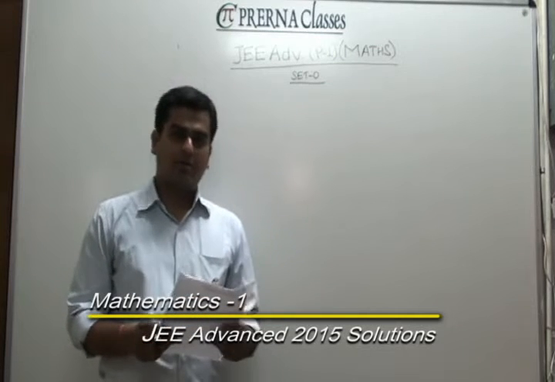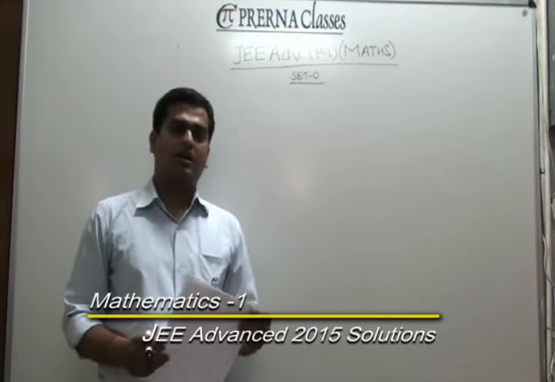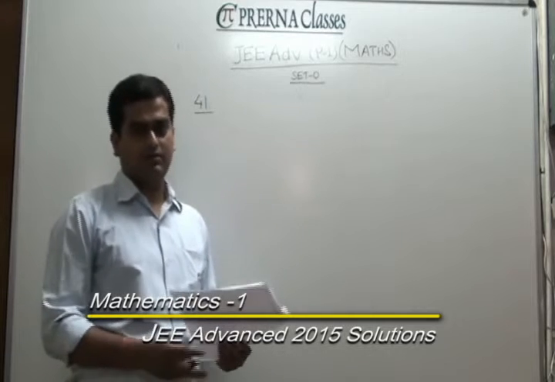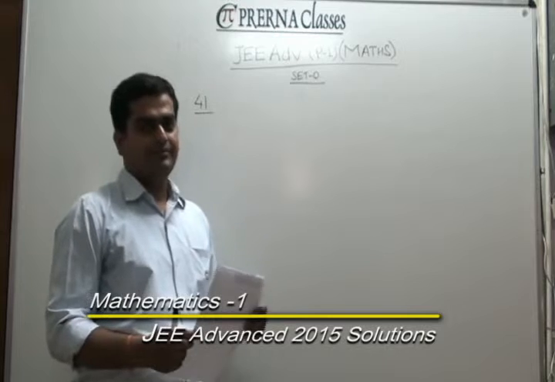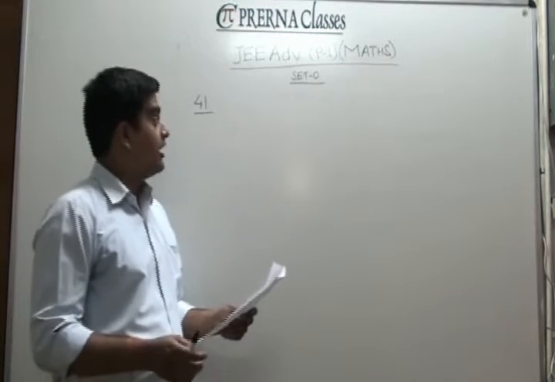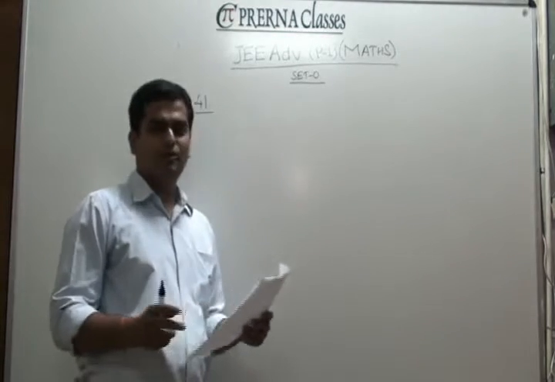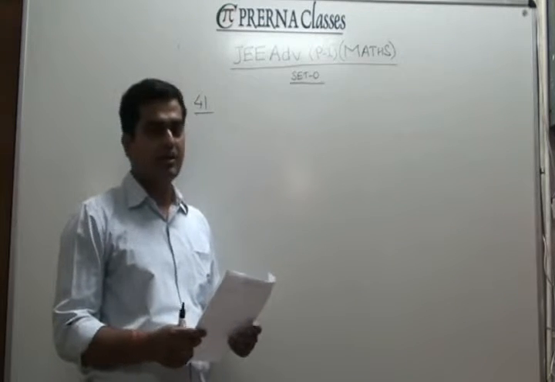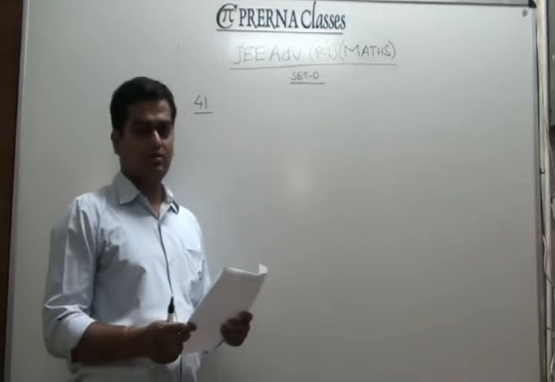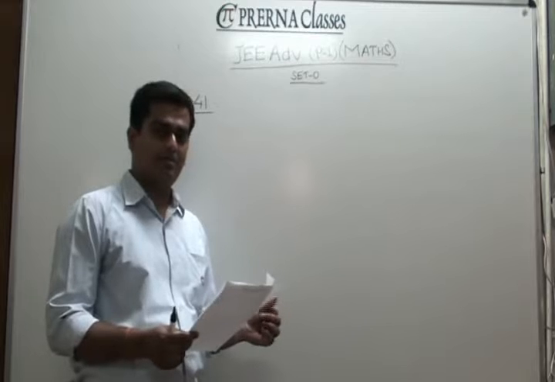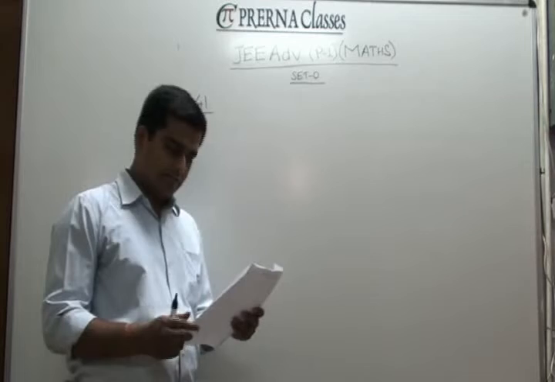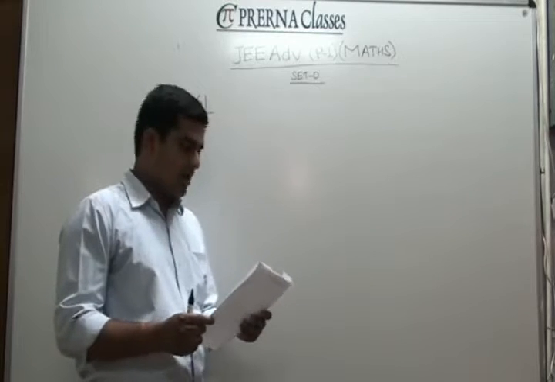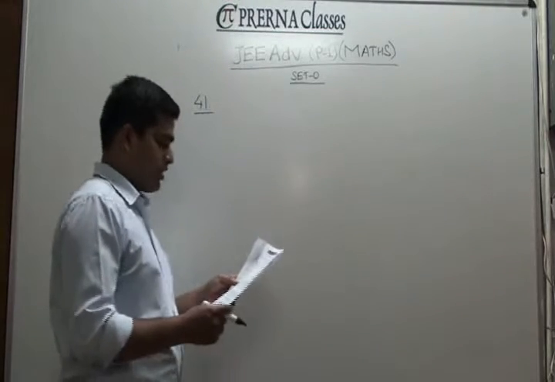Good evening. Today I am going to discuss the JEE Advanced paper as far as the maths part is concerned, Paper 1, in which you have 20 questions related to different sections and multiple options. Then you have integer answer type and column. Let me start with the first section, that is the integer answer section, in which the first problem is